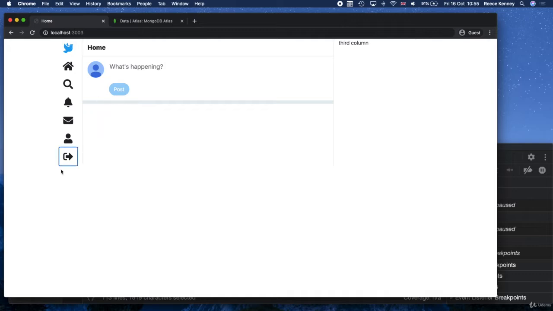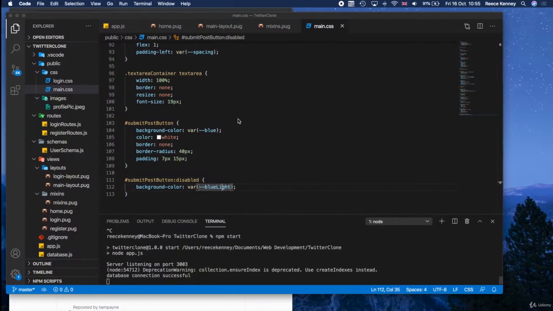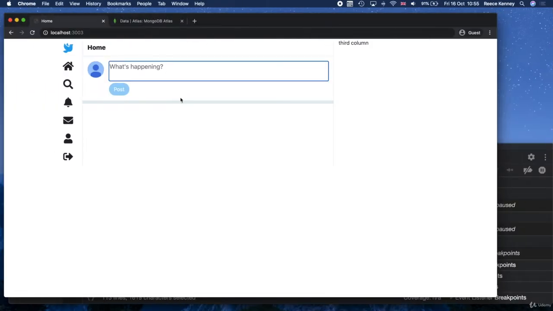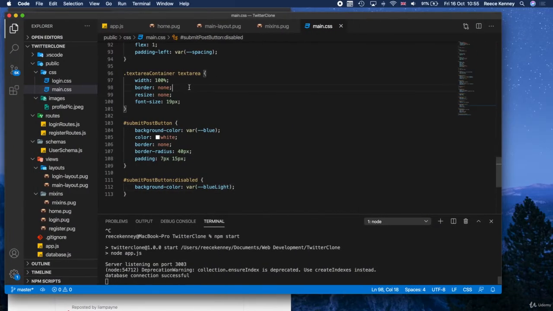It's the same outline we see if we tab onto these buttons here. If you want to get rid of that, you can. It's very simple to get rid of, but it's there for accessibility reasons. So a lot of people that use keyboard navigation or rely on keyboard navigation for whatever reason, it's there so they know what is being highlighted. But if you didn't like the way it looked and you wanted to get rid of it, you can just